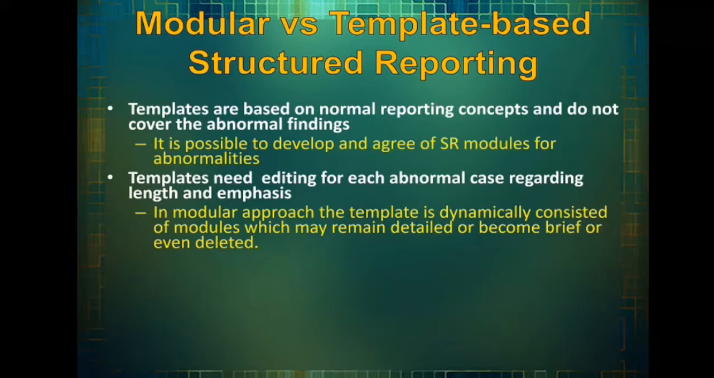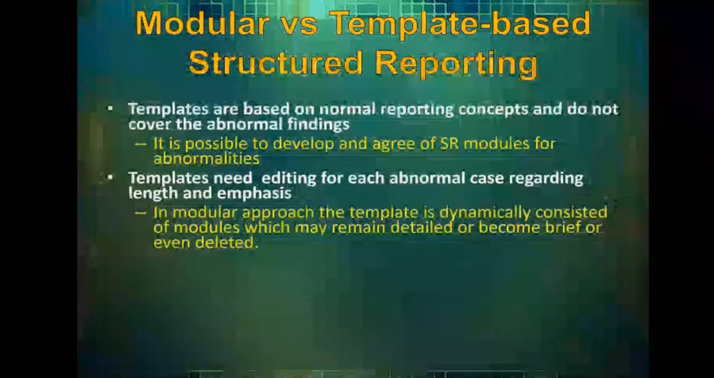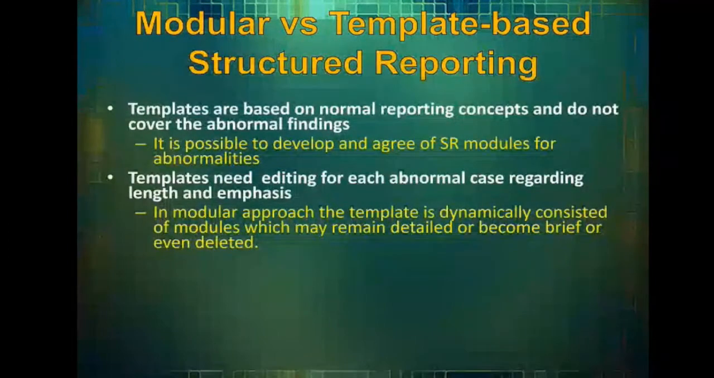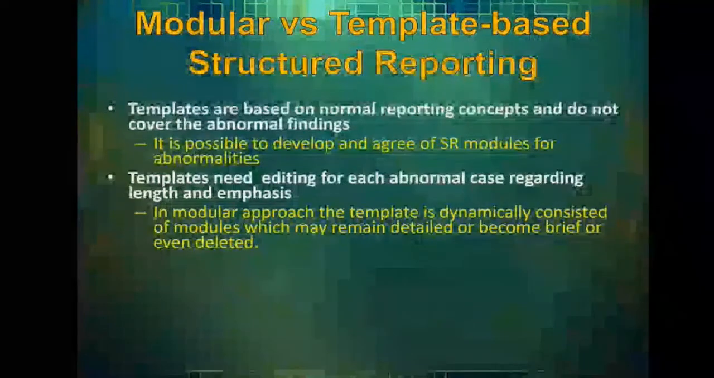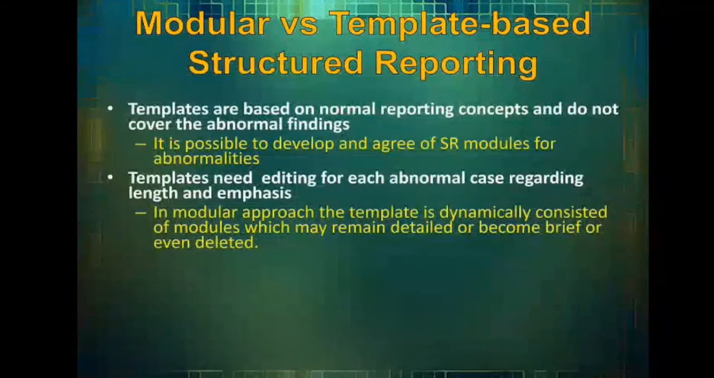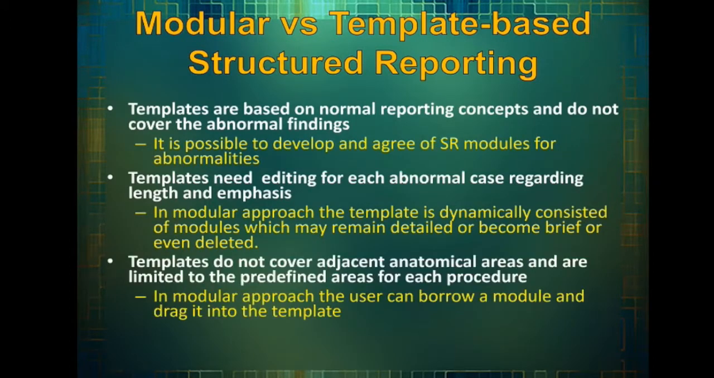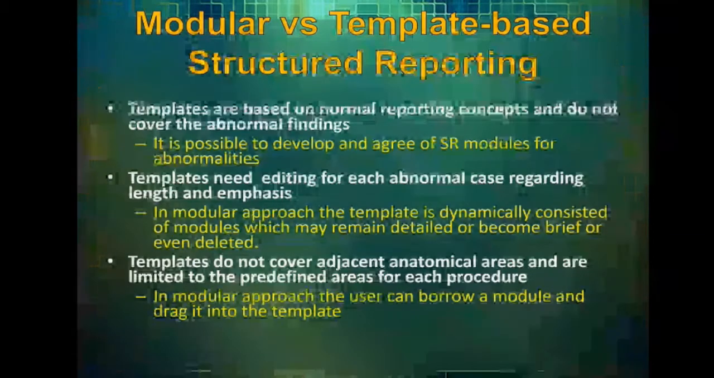Another issue is that the templates do not cover adjacent anatomical areas, and we are limited to the predefined areas for each procedure. You are aware of the template description of the adjacent organs. For example, when we are reporting a chest X-ray, we may find something in the proximal humerus, but they do not have it for the description of that finding in the bone in the proximal arm. And usually the radiologist, if he or she finds something in the proximal humerus, they add something at the end of